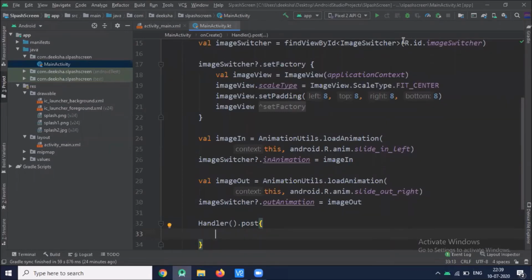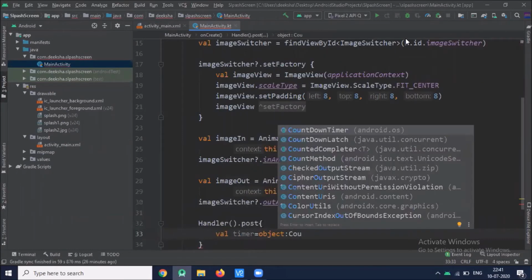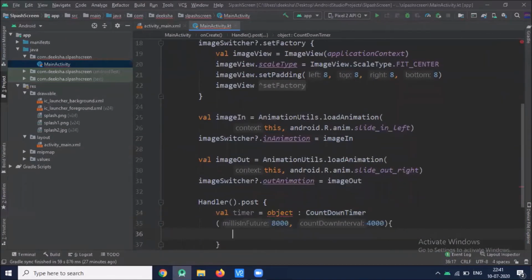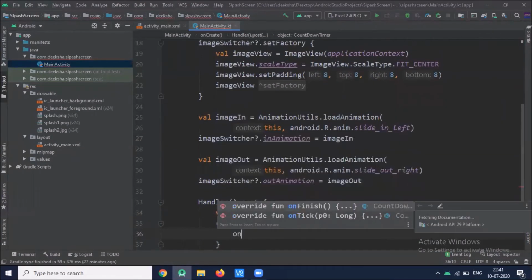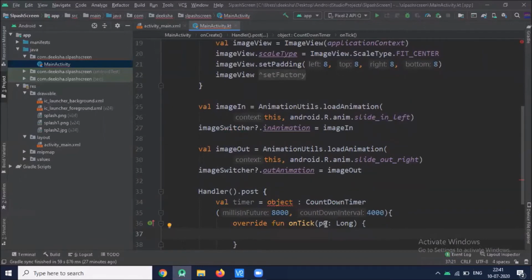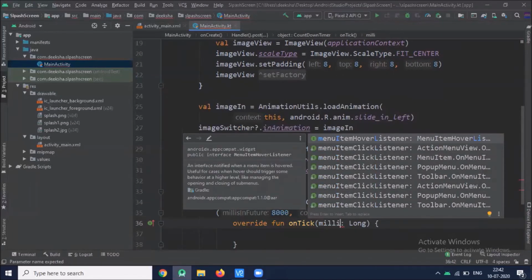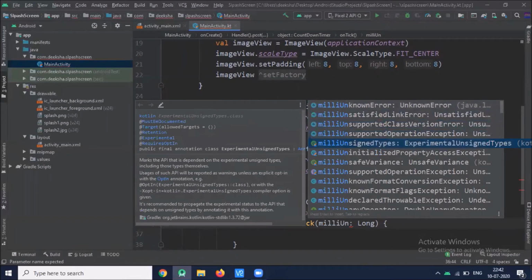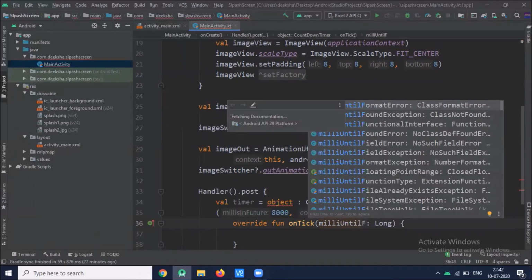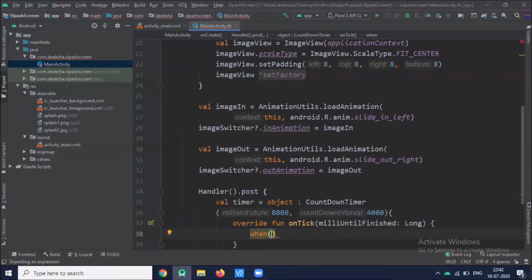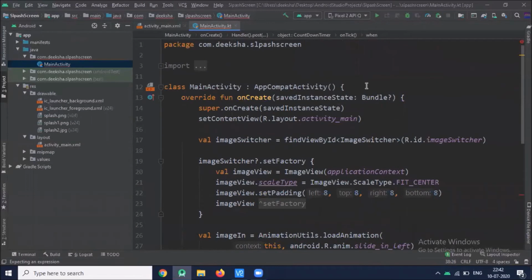So for that, we use a countdown timer. Create one counter.